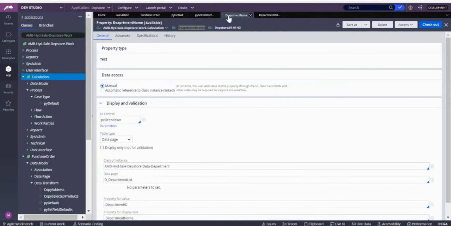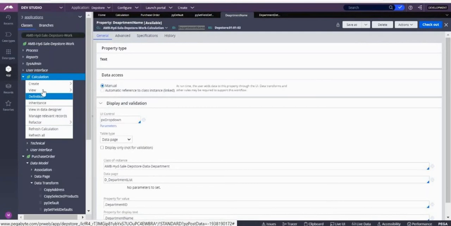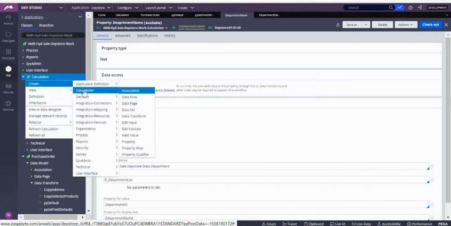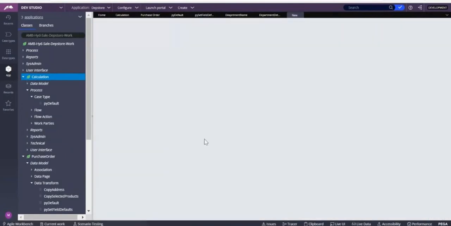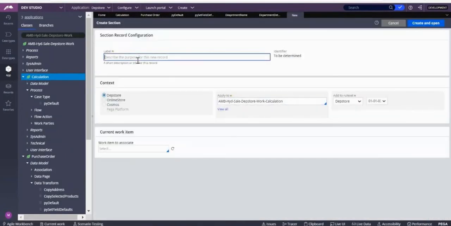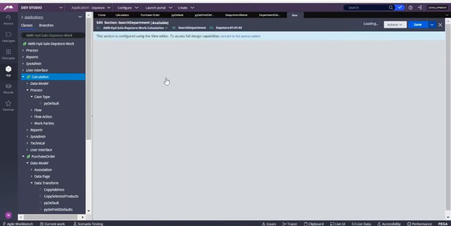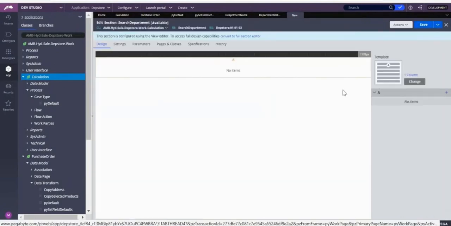I should call those two properties in my section. So let me create a section. So this is how you do it actually, without using your case type. Okay, so sysadmin section. So what is that? Search department. Create and open. So you have created, this one will be your section.